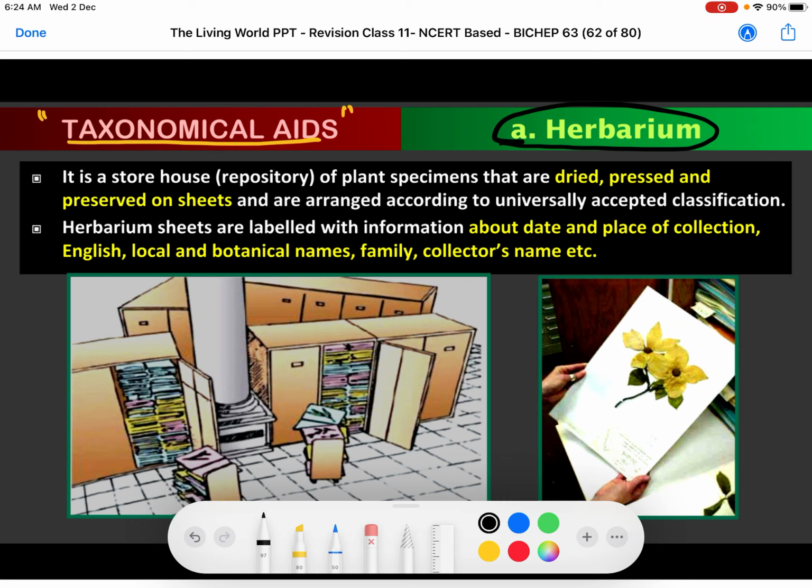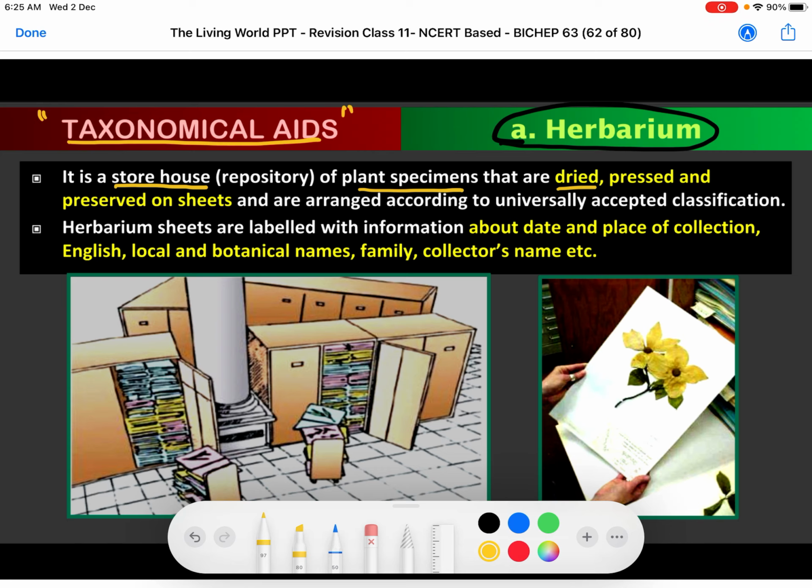Herbarium is a particular place where you can store varieties of plant specimens with a particular process. So, it is the storehouse or repository of plant specimens